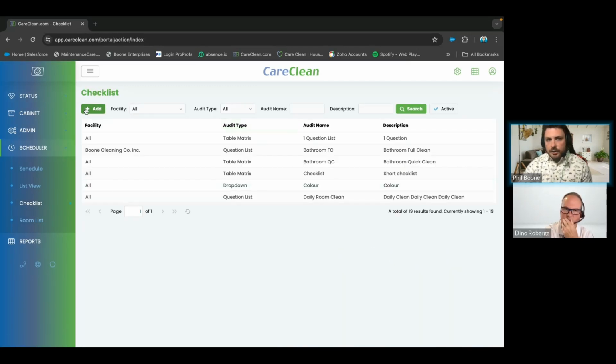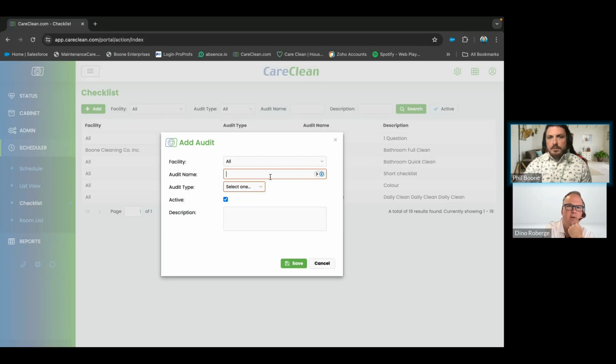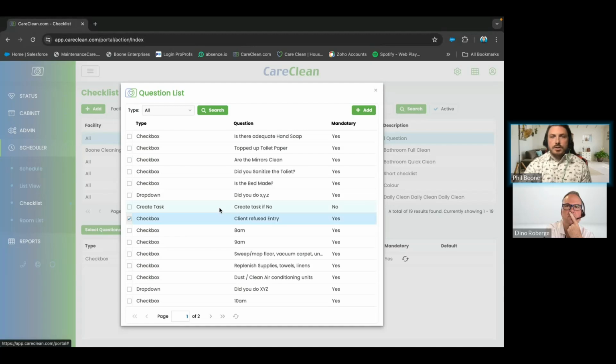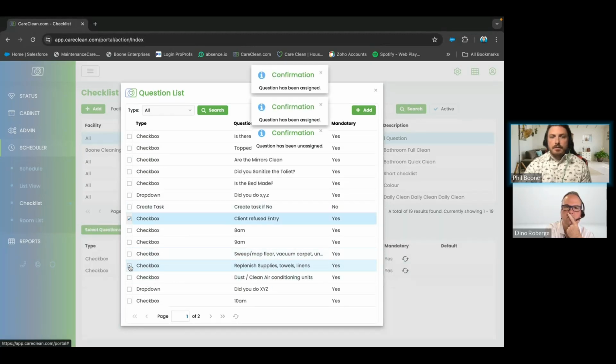You're able to add in the top left. You then get to pick what the name of that item is and what type of drop down it is. I typically go with the table matrix. And then once it's created, underneath, you're able to actually select the questions. You can add questions, and then you would just click these on, and it would add to